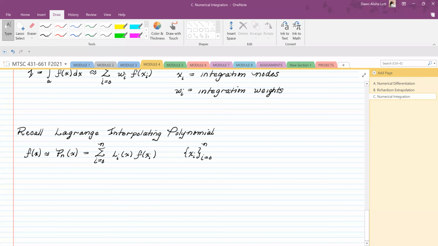And if you remember, we were able to say that our f of x actually equaled that polynomial, with an error term that looked like the n plus first derivative at some number c over n plus 1 factorial, times x minus x naught, times x minus x1, all the way up to x minus